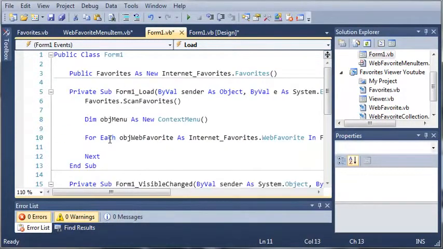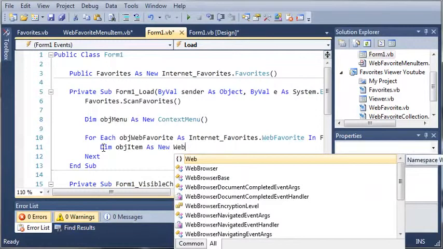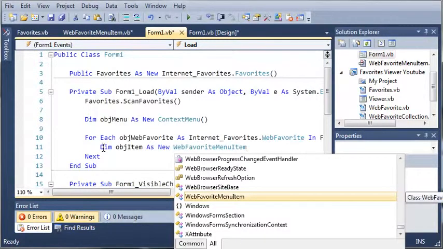So for each of the web favorite objects in the collection stored in this favorite class, we want to add those to the menu. So we will declare object item as a new web favorite menu item. So this is going to create an item with the name, and it will allow us to click on that